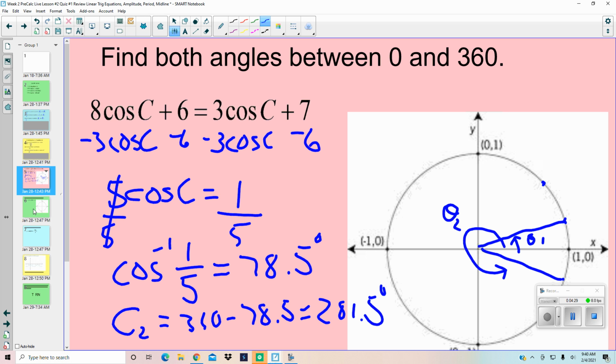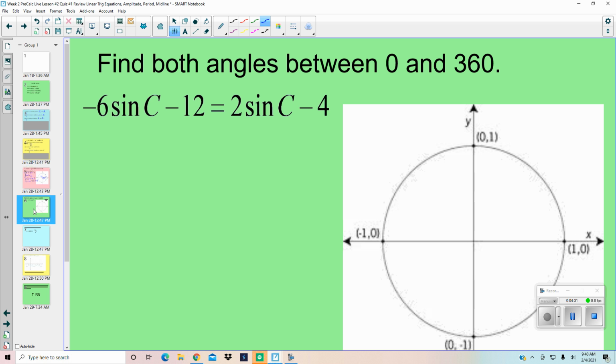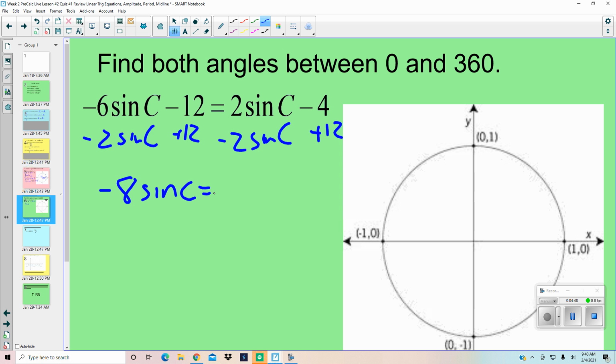Okay, let's do a second one. This is sine. When you solve, you're going to subtract 2 sine c and then add 12. So that's going to give you negative 8 sine c equals 8. So you divide by negative 8, divide by negative 8, you get sine c equals negative 1. Okay, now